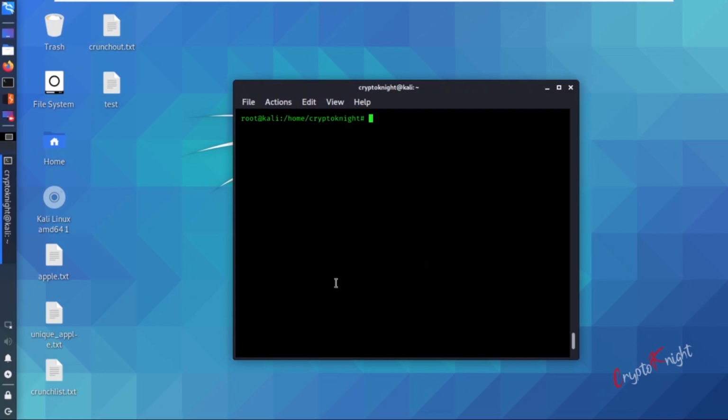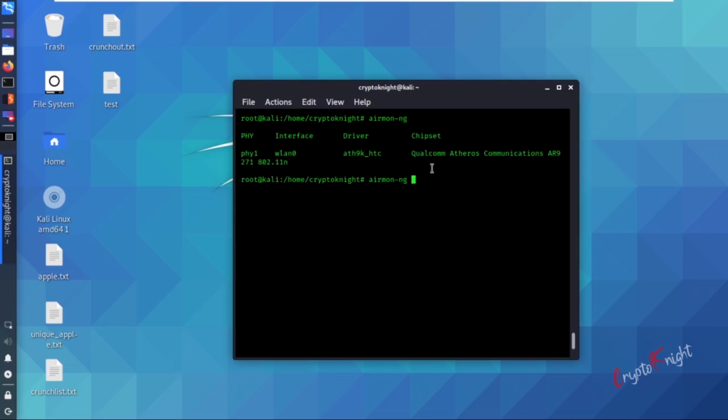Alright, so now we will begin with the very first tool, that is airmon-ng. I'll just show you the command: airmon-ng -h. Okay, so this is the command airmon-ng. Then we have to give start, stop or check and the name of the interface. The name of the interface we can find from over here.